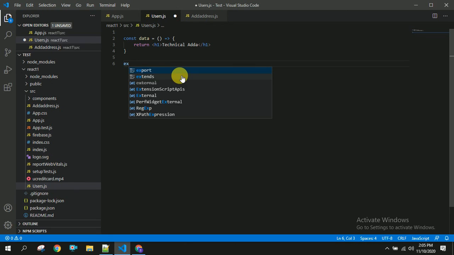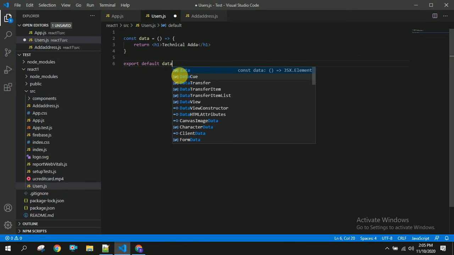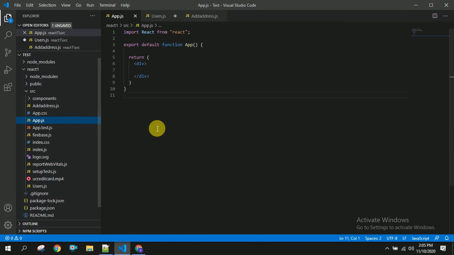Now I'm going to export this by using default. This is why we call this default export. We are exporting this constant content here by using default, and I am going to import this here.